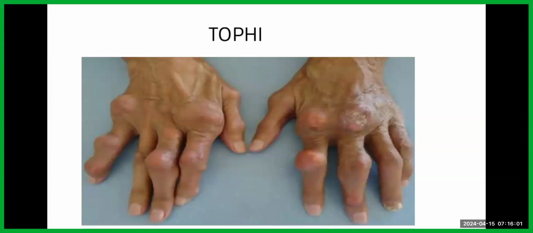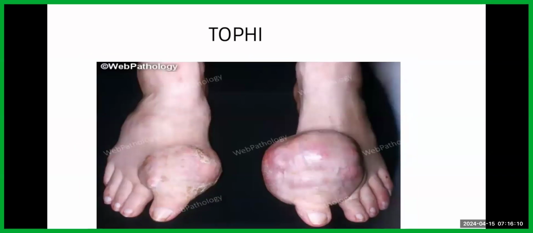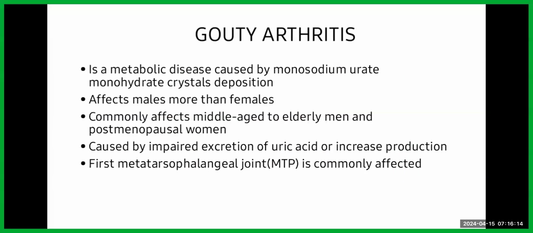We said that apart from the metatarsophalangeal joint, they can also be deposited in the metacarpophalangeal joint, especially of the big toe, as you can see here, and there are other places there. You can see it as big as this. And we also have to note that this is an erosive form of arthritis, because it's better to classify some of the arthritis as erosive and non-erosive.